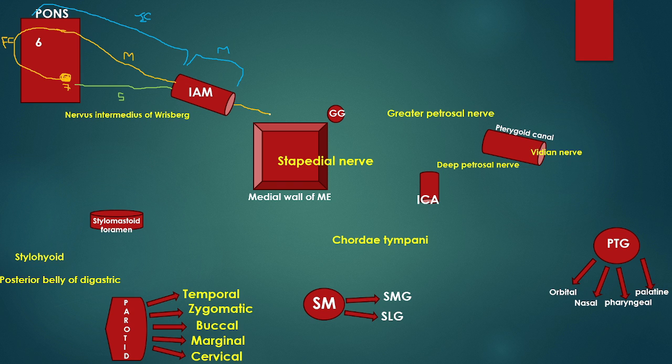Now this facial nerve goes ahead and approaches the medial wall of the middle ear. Over here it relays its fibers through the geniculate ganglion, and it makes a bend, and the nerve further passes horizontally. Okay, so two things over here. It passes from the internal acoustic meatus and then relays its fibers to the geniculate ganglion, and then it makes a bend and runs horizontally.